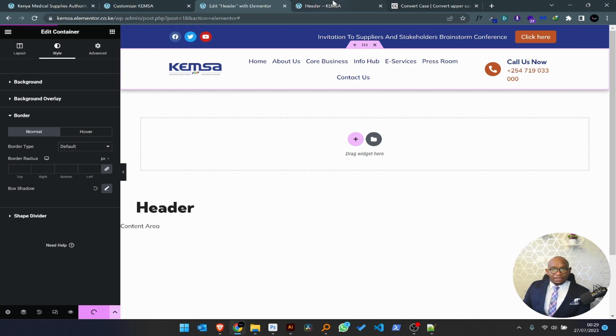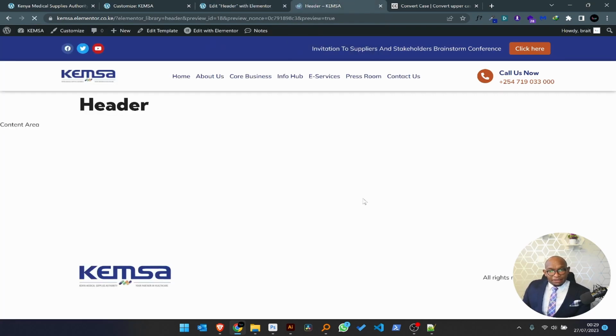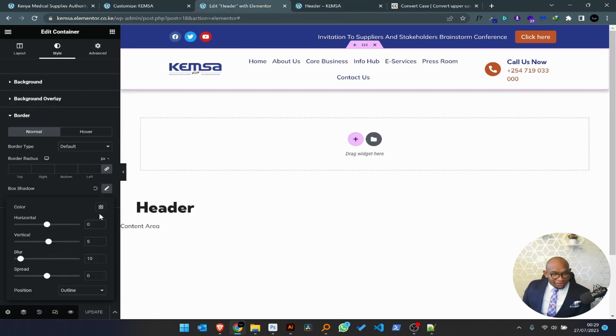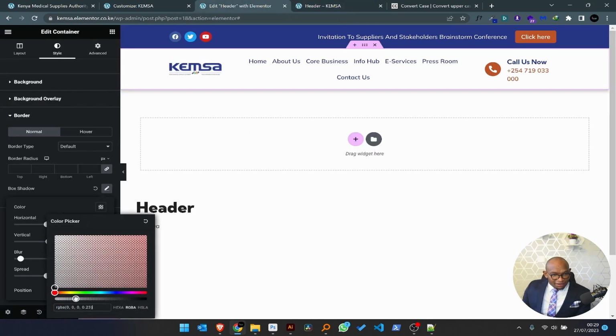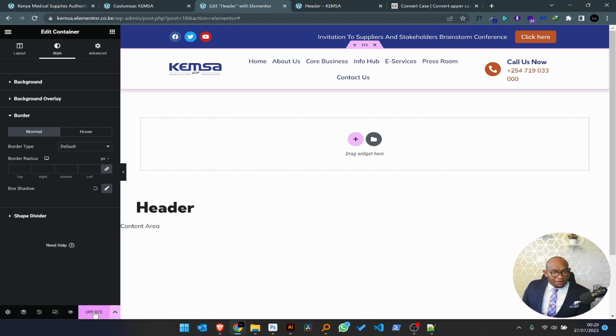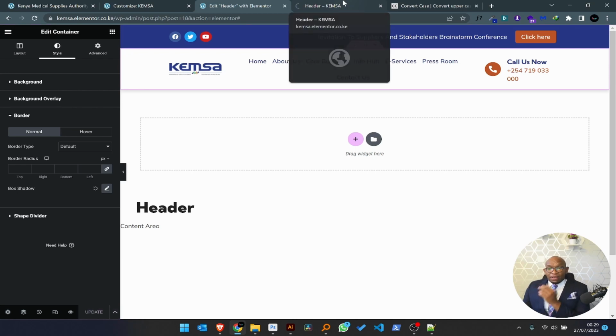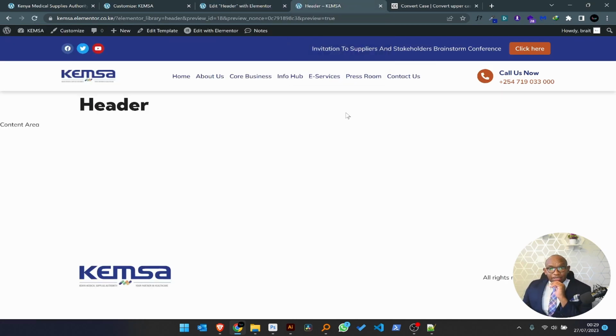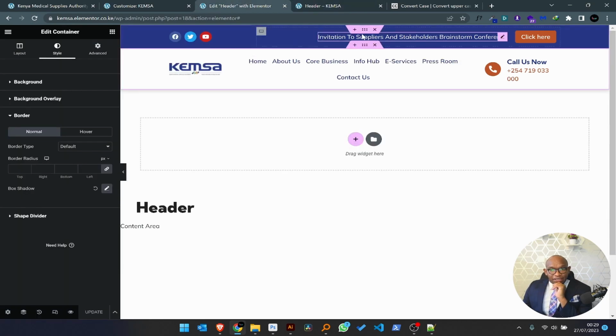So next, update, and this page refreshes, and automatically I have something like that. To me it's also still very harsh. I love it, very subtle. Yes, very subtle. So we're already done with the header. The other thing we have to do is to make it sticky. Okay, to make it sticky,